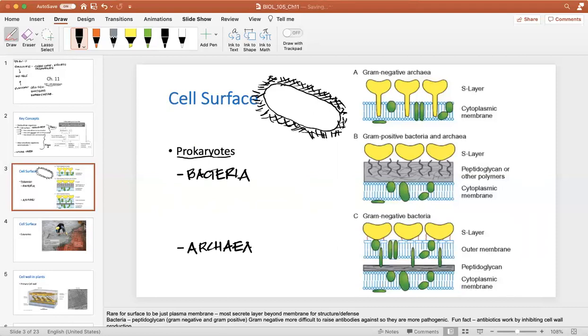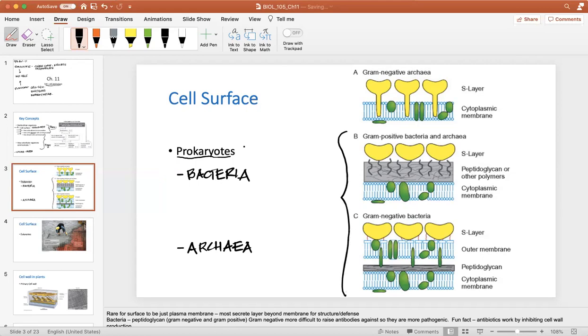Neither of these have nuclei, neither of these have membrane-bound organelles, but they are structurally different on the interior in terms of some of their chemical composition. So let's look at their external layers that are outside of their cell membranes. Now, if you are a bacterium, which would be B and C here,